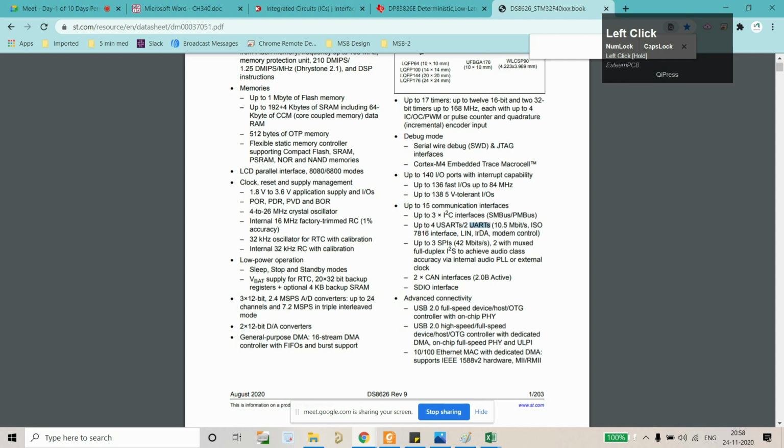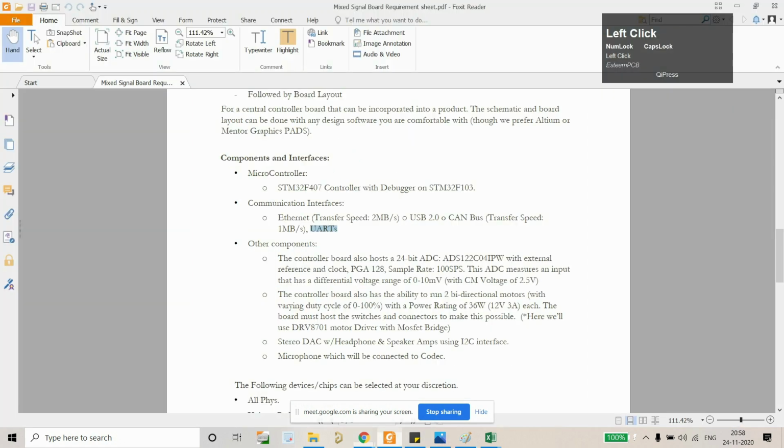This is what happened in my last project. I needed 4 or 5 UARTs in the project, and only 2 UARTs were available. So I used these USARTs and just asked the programmer to configure those as asynchronous. That means you can use those in both ways. This is also kind of an advantage. Now